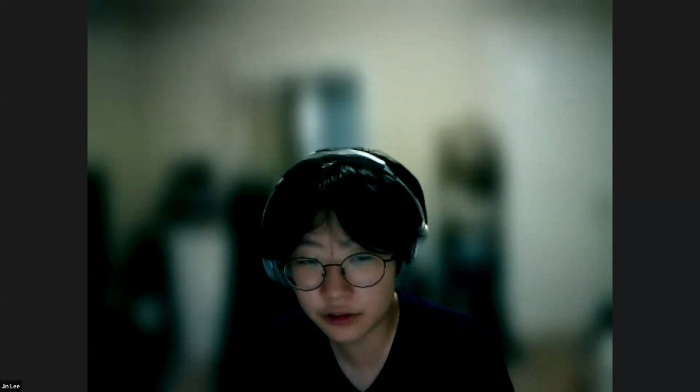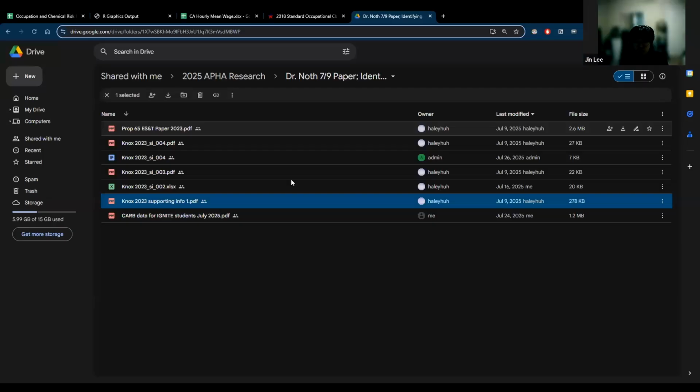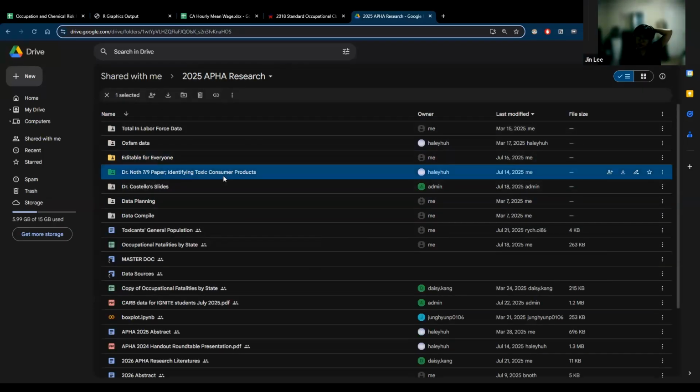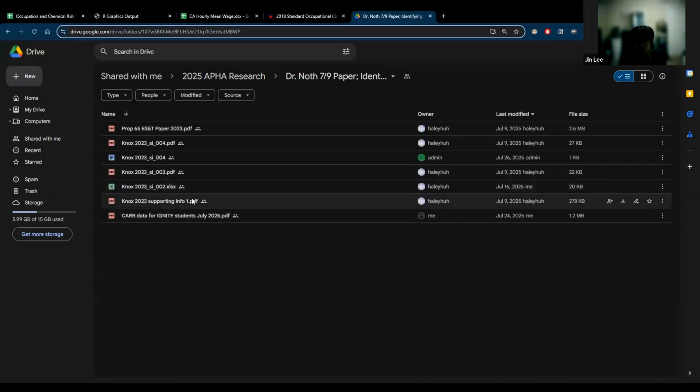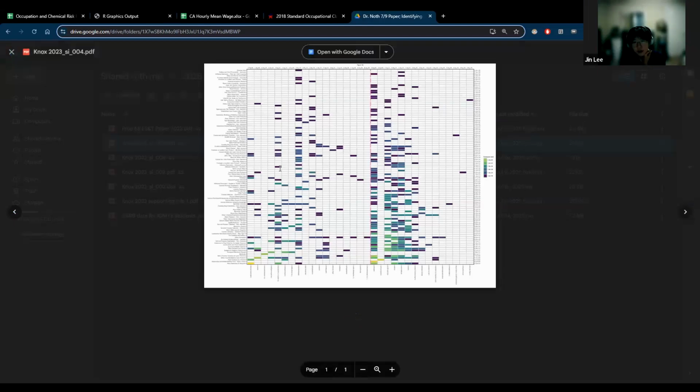Okay, no more questions? Wait, I just have one. Do you know where we could find the emissions data, since I wasn't here earlier? Yeah, I can show you real quick. You have access to our drive, right? Yeah, he does. So if you go to our July 9th paper, it's supporting document 4.